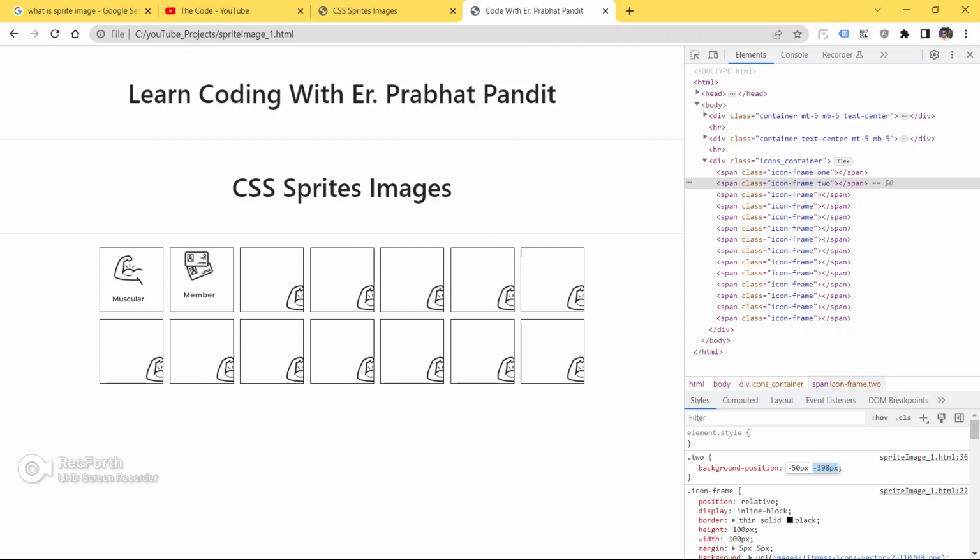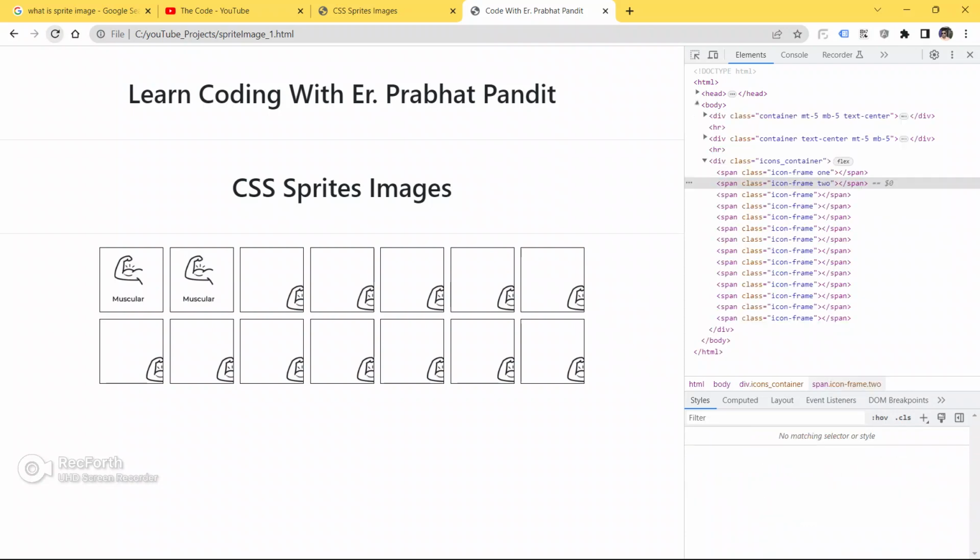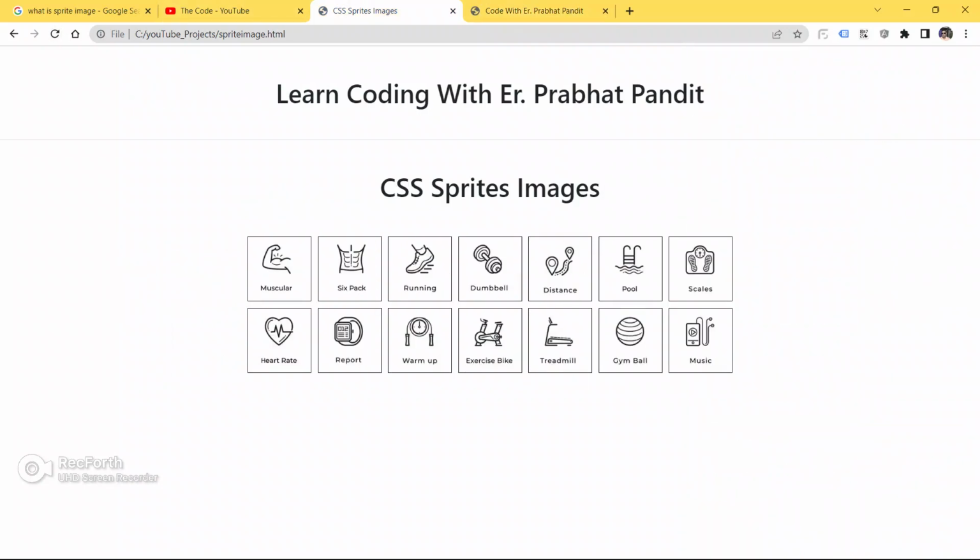I am changing the background position here in the inspect element, and I am getting new images. So this is the property, guys. Background position is the main property of CSS sprite image. Just refresh the page now.